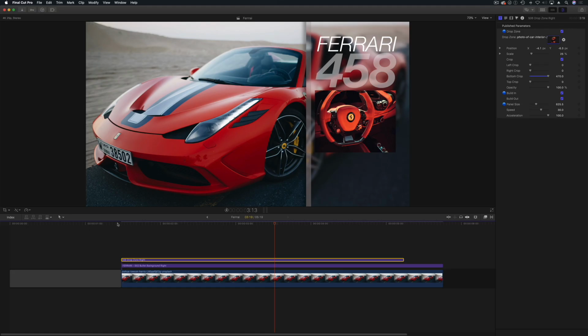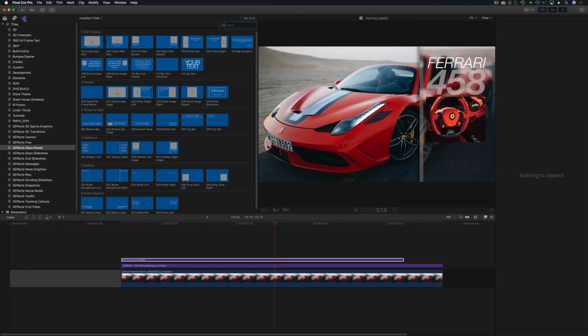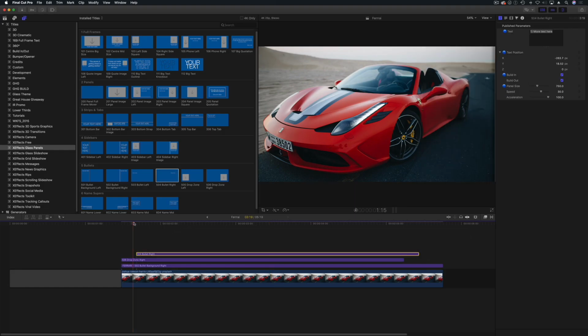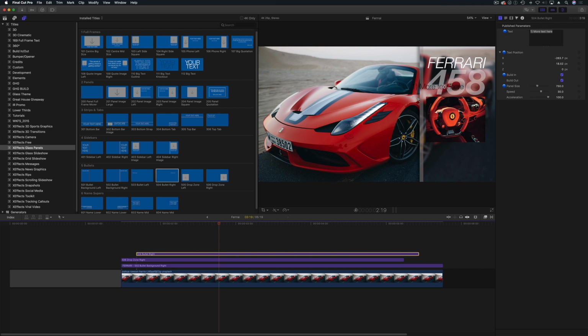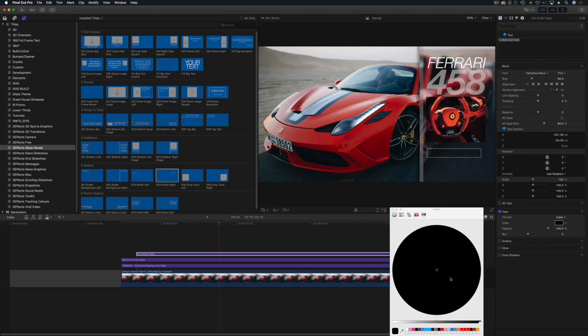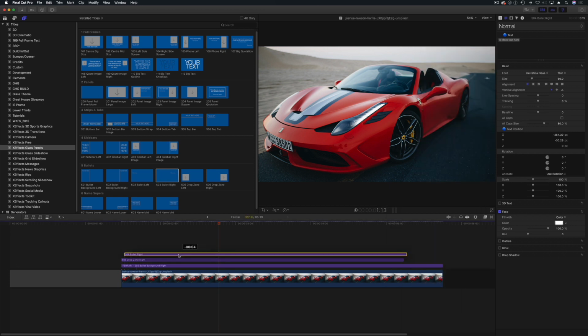Okay, we like that. Next up, I want some bullet points, but I want them to come on separately, not all at once. I like the picture coming on and the text, but I want a bit more impact with the bullet points. So yes, you've guessed it, let's go back to the effects browser. I'm going to add bullet point right on here. And you can see that that's in black at the moment. So I'm going to put that down there. Let's go into the text face. Let's make that white. Now, if I push it to the front,